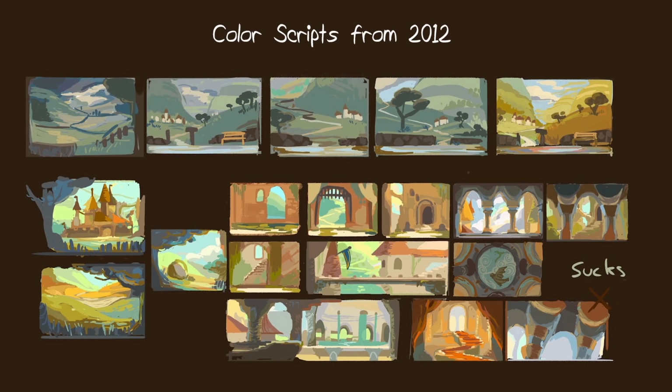Here are some color scripts I did for the film for 2012. Honestly, they're really just thumbnails for the backgrounds. But here's me figuring out the basic aspects for the background, the colors, the tone, and just how the overall staging feels. I made the castle a bit more mystical, having some waterfall elements and having some places where there are ponds. But we're not really going to use any of these colors.